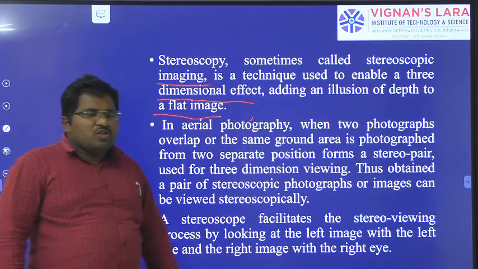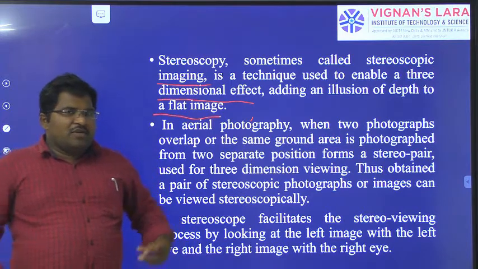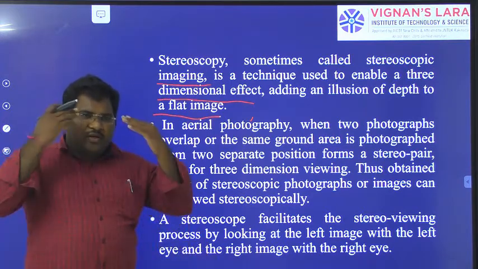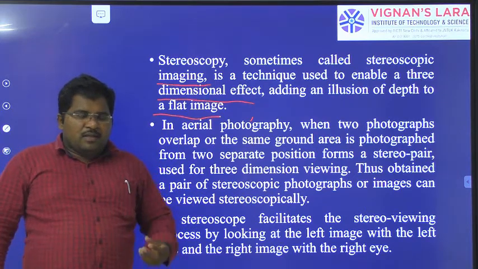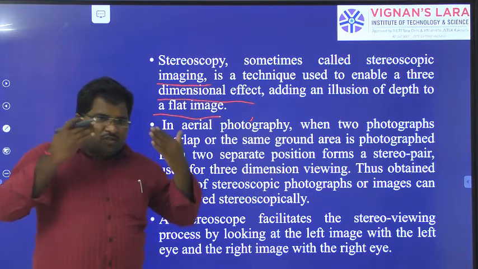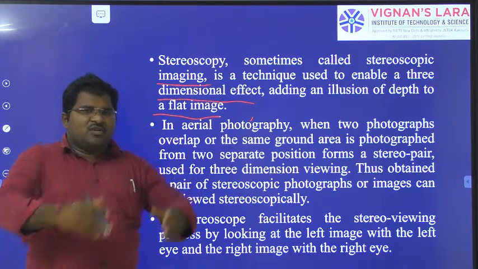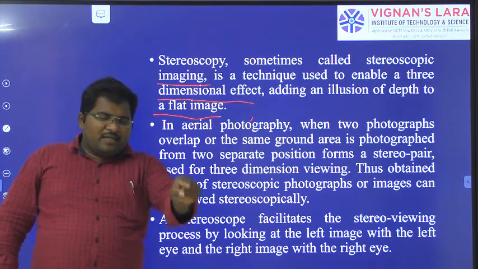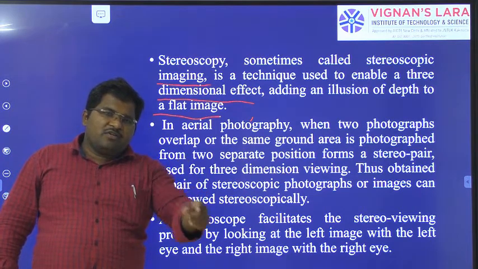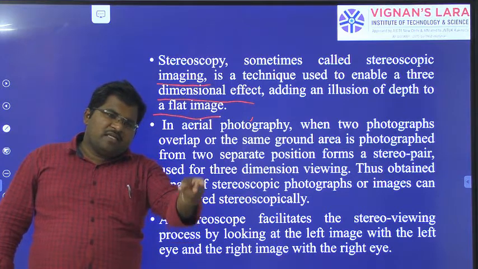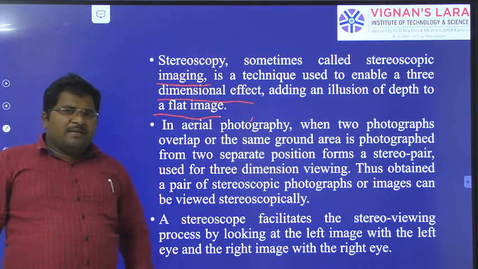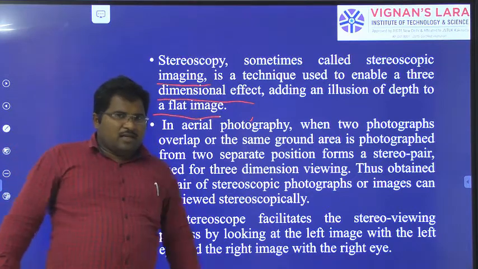image. For example, we can see with our two eyes. When we look at an object, the rays coming from our eyes tell us the three dimensions of that particular object, and from the 3D we can tell approximately what the height is. We compare the two images from the two eyes.